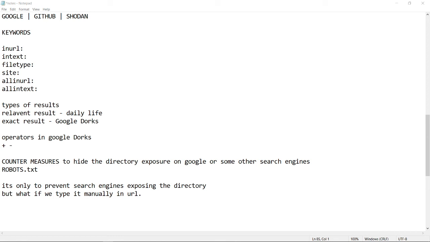Yeah, Surya, it is not Google hacking, but hacking using Google is called Google Dorking. Bro, once again explain what is the meaning of Google Dorking.